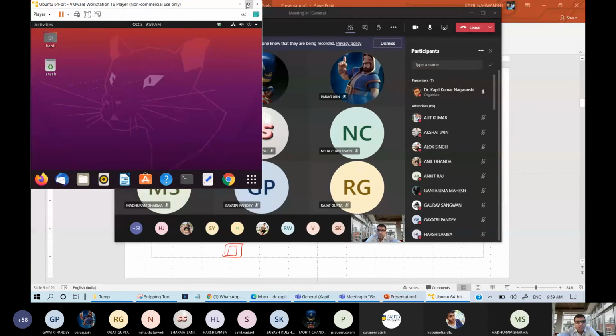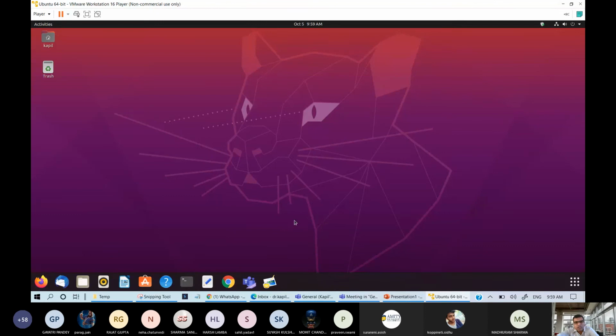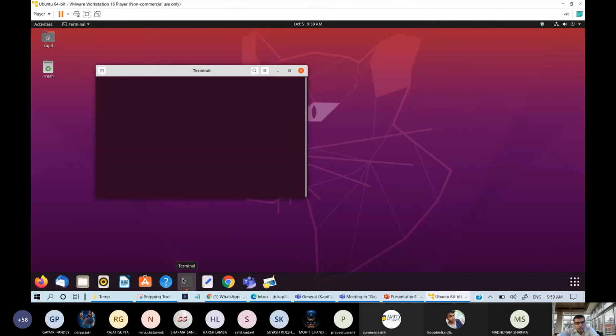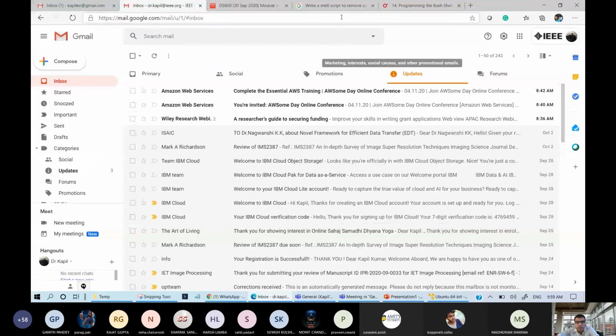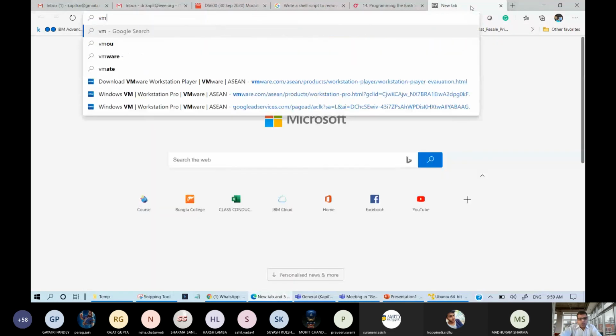Okay, you are able to visualize here, and you can use it here also. All the facilities of Ubuntu operating system you can use here. The terminal is of course there. For this purpose, you can go to one website. My desktop is visible. Okay, just type VMware.